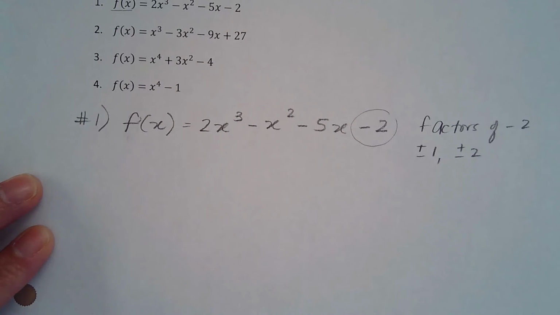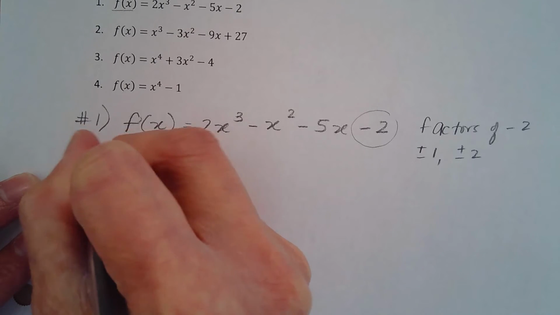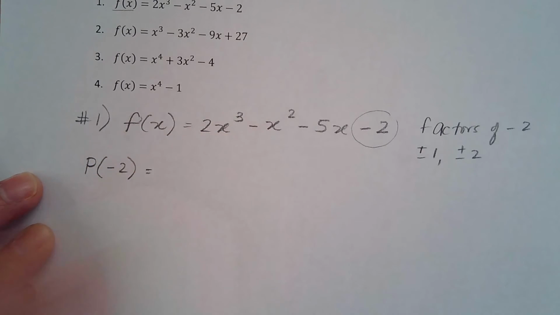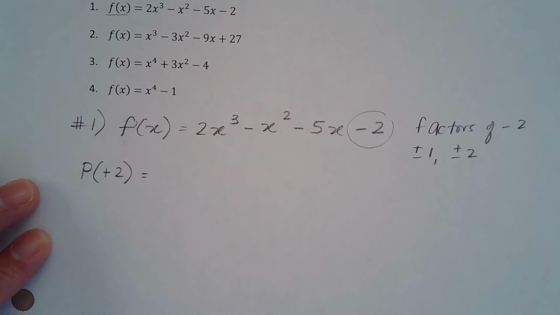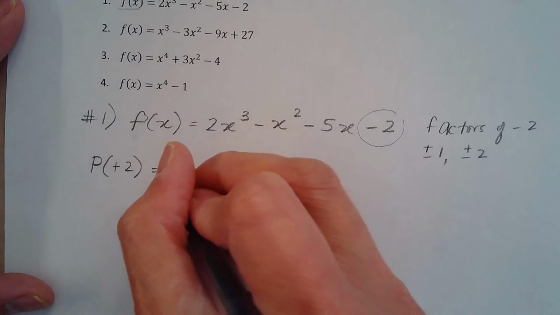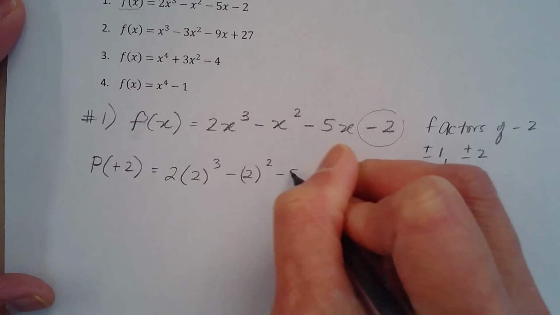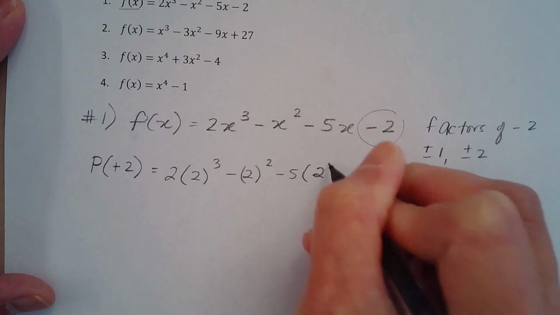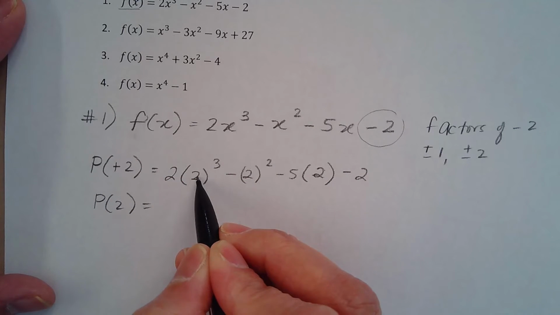Or x minus 2. Okay, x minus 2. So, p of 2. Okay, so which a value do you want to try? 2? Okay, 2. Sorry, you're already kind of giving me the answer, I think. So, 2. Okay, so that's going to be 2 times 2 cubed minus 2 squared minus 5 times 2 minus 2. So, p of 2 is equal to